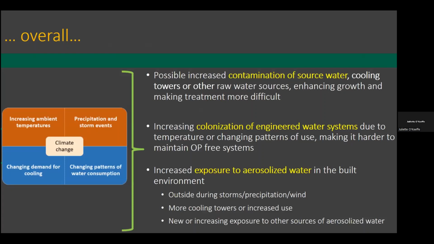There could be an increased colonization of engineered water systems due to changing temperature or patterns of use. And it may become more difficult to maintain opportunistic pathogen-free systems, which there really aren't that many systems that are completely free, but to maintain low levels anyway. And we're also seeing that there could be increased exposure to aerosolized water in the built environment, either outside during storms, precipitation, wind events, or due to more